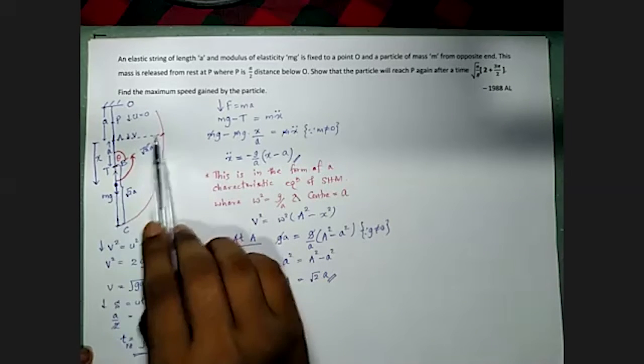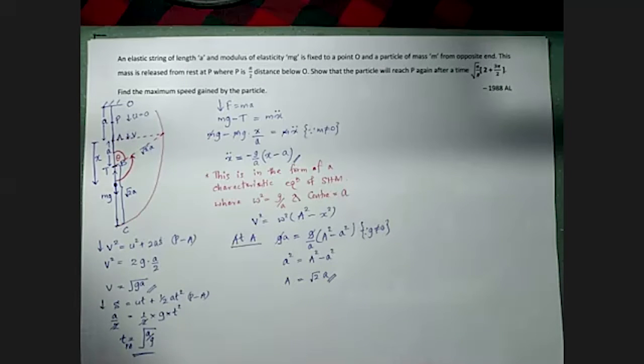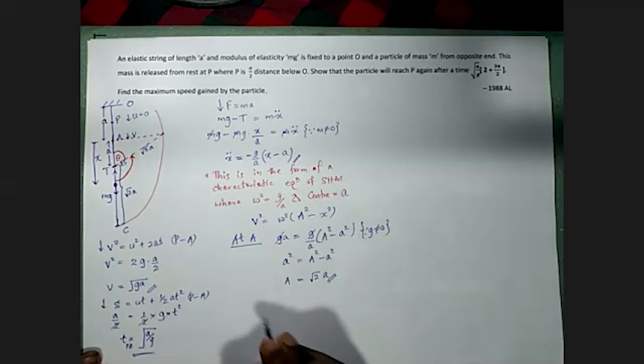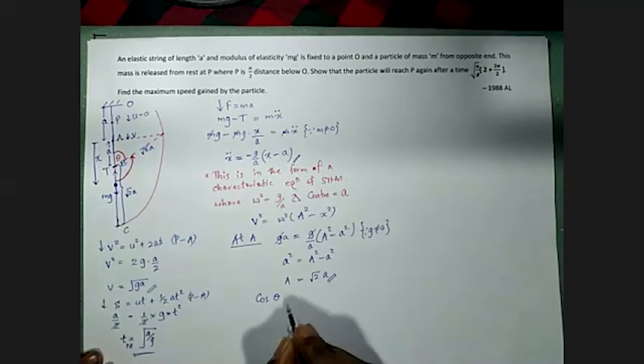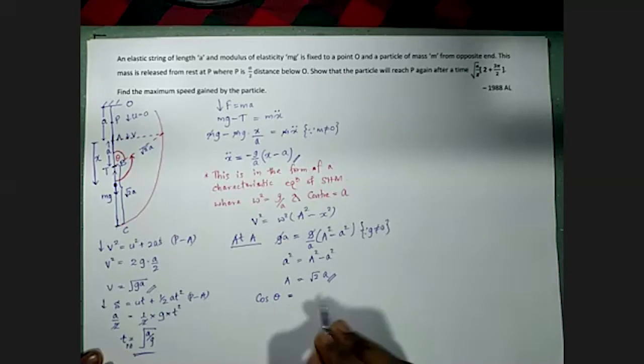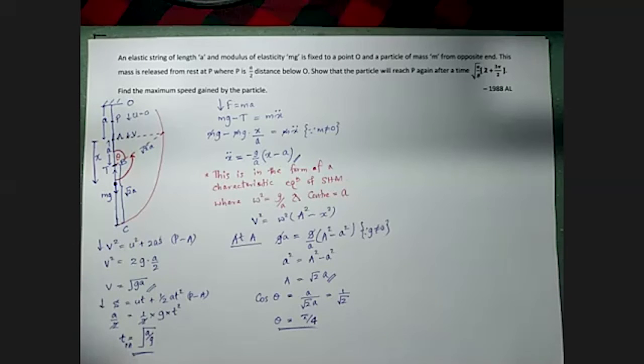Now, what is this side corresponding to this theta angle in this right angle triangle? That is our hypotenuse. Therefore, I can apply the cos ratio because we know the adjacent side and hypotenuse. Adjacent over hypotenuse is cos. Cos theta is a divided by root 2a. That becomes 1 over root 2. Then what is the angle theta where the cos ratio becomes 1 over root 2? That is 45. Sin 45, cos 45, that is 1 over root 2. Therefore, the theta angle which I have marked here is 45, pi by 4.